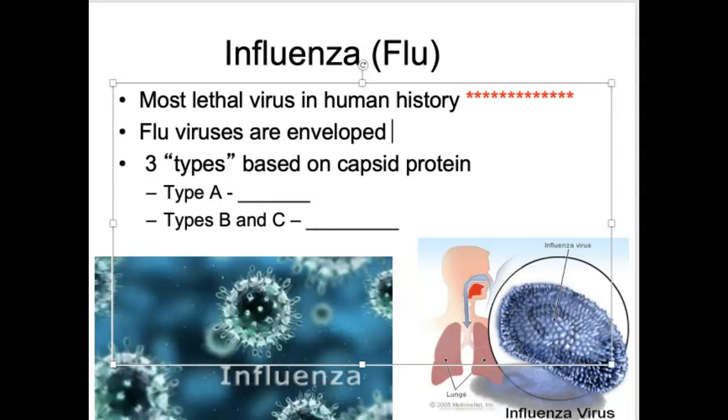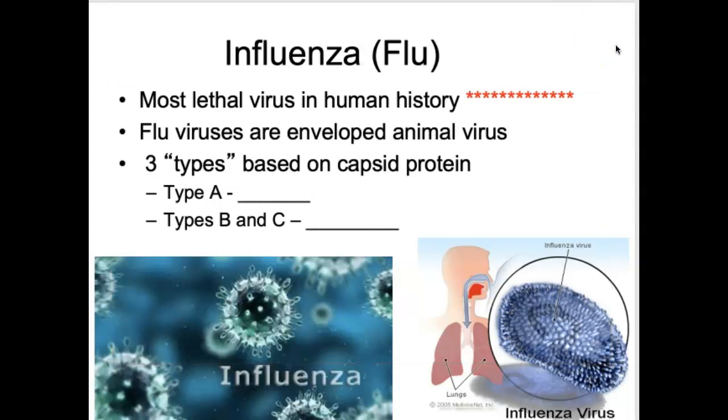Ebola, scary stuff. SARS, hantavirus, etc. COVID. Well, COVID's a type of influenza. All bad. But the influenza virus, the flu virus, is the worst. So flu viruses are enveloped animal viruses. These are all animal-based viruses that can infect us because they have those recognition proteins that attach to our